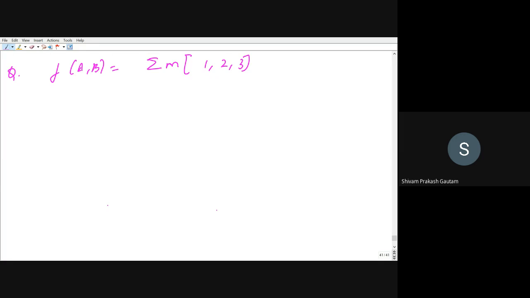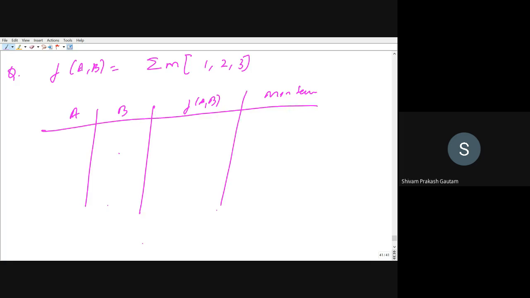How can we proceed? If you want, you can build a truth table directly, that is a, b, and the function of a, b, and then the minterm. If you solve some problems, then you will not require to build this table again and again. But just for a starting point, I'm giving it again: 0, 0, 0, 1, 1, 0, 1, 1. So this will be a bar b bar, a bar b, a b bar, and a b. So this is m0, m1, m2, and m3. Just see what minterms we are having in the problem: 1, 2, and 3.